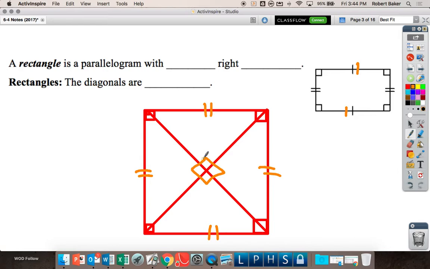And what do these diagonals do to these angles down here? What does this diagonal do to this angle? It cuts it in half. It bisects it. So what is half of 90? 45. Is there ever any way to change that? No. So a square will always have 4 triangles in there that are 45, 45, 90 triangles. And the middles will always be